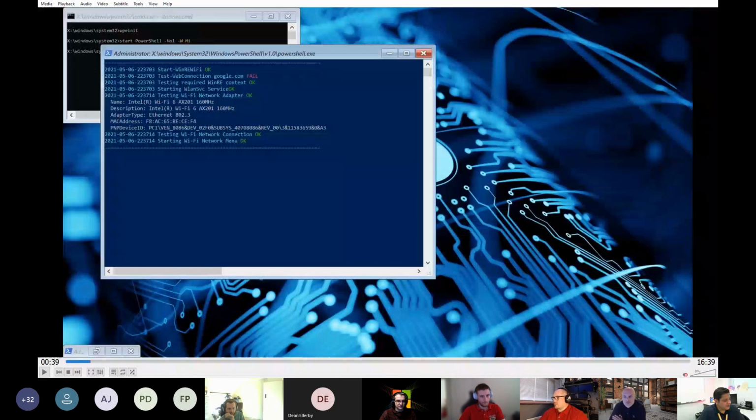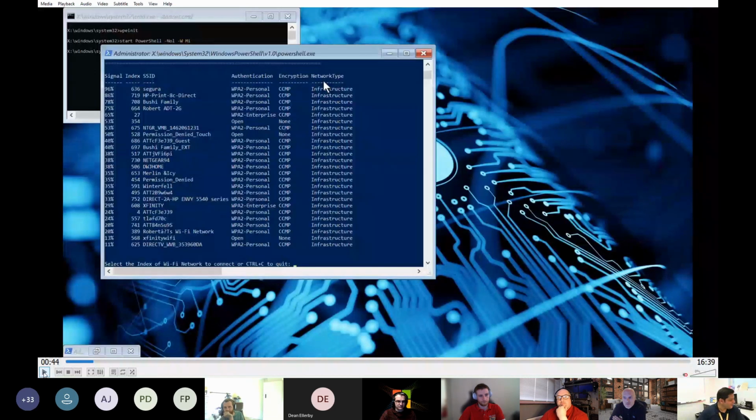But if you don't have an Ethernet connection and you do happen to have all your wireless bits, you're going to see something like this, where it's going to start your wireless service and detect your wireless hardware and then give you a list of wireless access points. I hope all of these are kind of safe, no bad words in here, but this is from my house, my home Wi-Fi. Obviously, they're sorted by signal strength, and we can see mine is up on top.